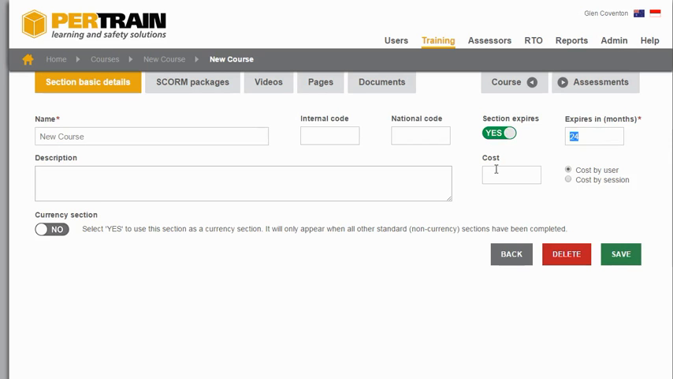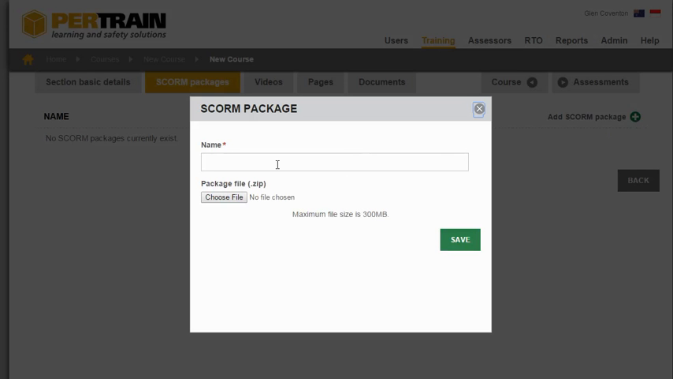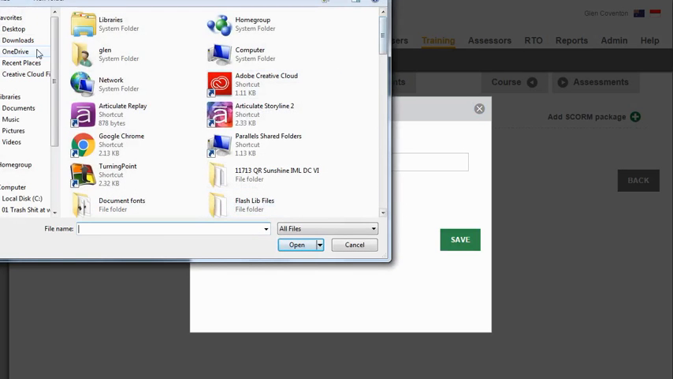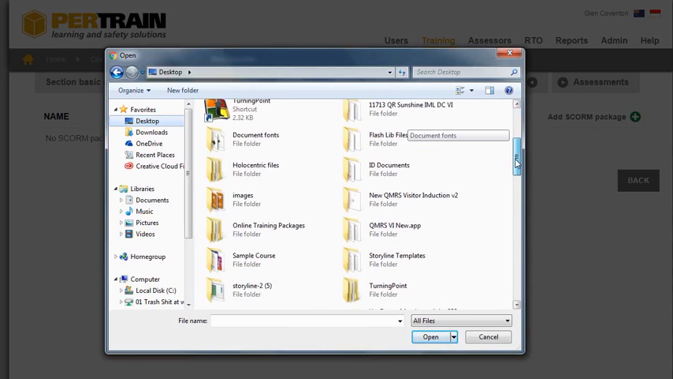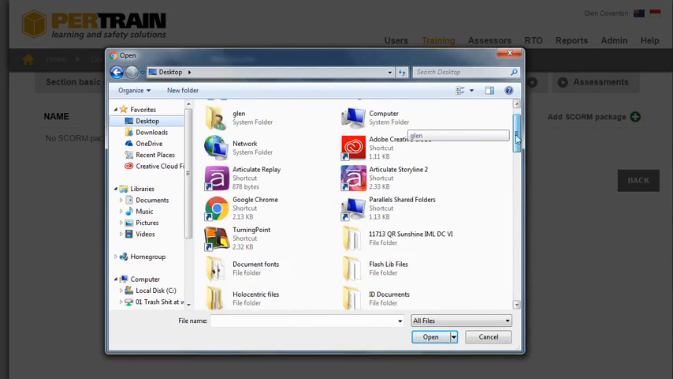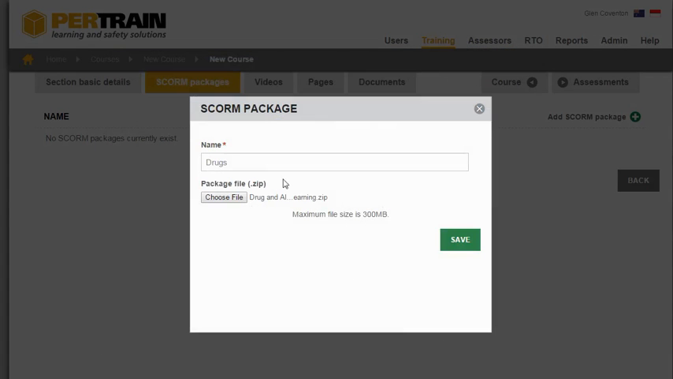We can add a cost to the course, and we can also upload the information for this section. So under a SCORM package, we can add a SCORM package by clicking on the little plus over to the right. Name this package, so we might call this one drug and alcohol. Choose a file on your system. Let's go and find, let's have a look, drugs. There is a drug and alcohol e-learning package. This is SCORM 1.2. Hit save,